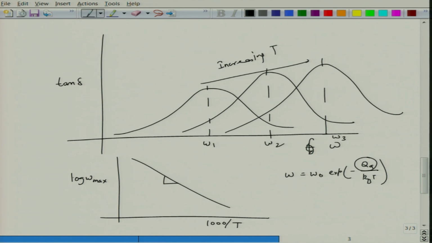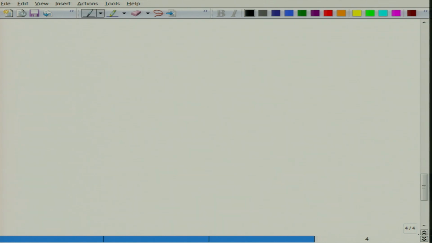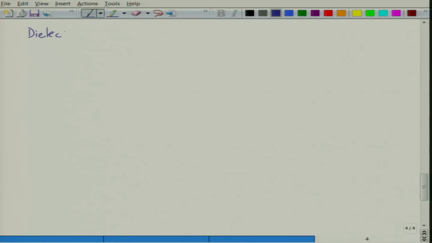So, now we look at a little bit more detail of how you characterize dielectric materials. For characterization of dielectric materials, we need to define dielectric materials in a little bit electrical form. So, basically what we are going to look at from the characterization perspective now is how you represent a dielectric material in a circuit form, that is, the electrical circuit representation.